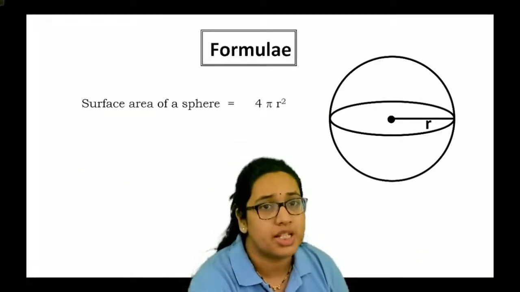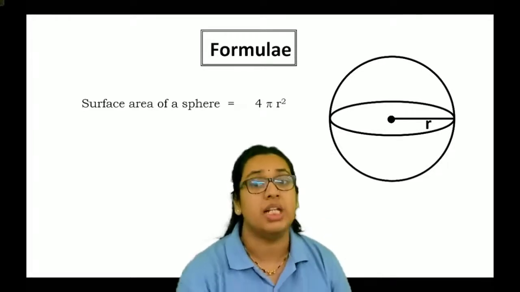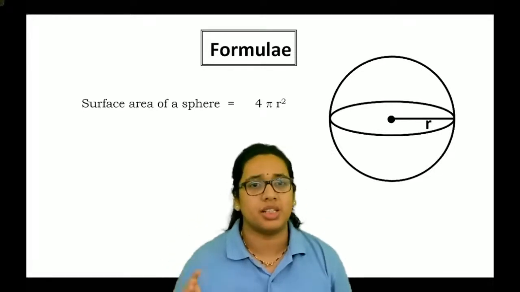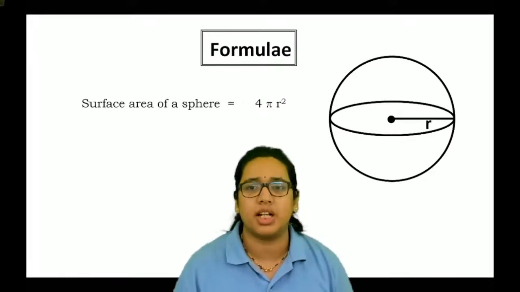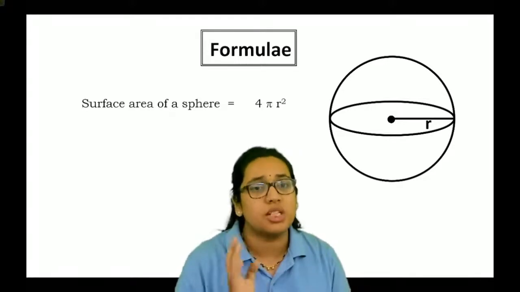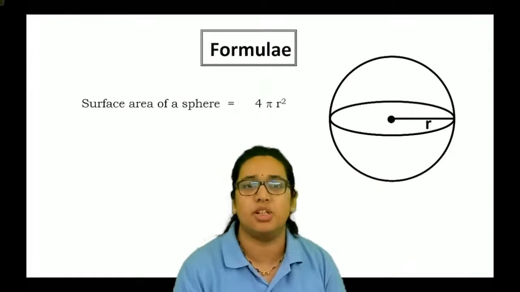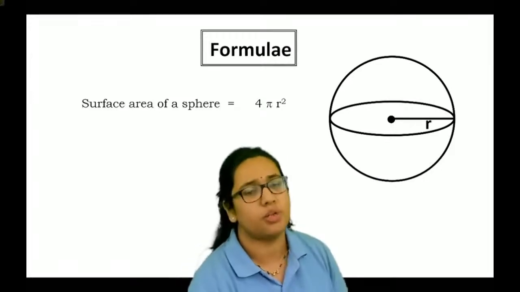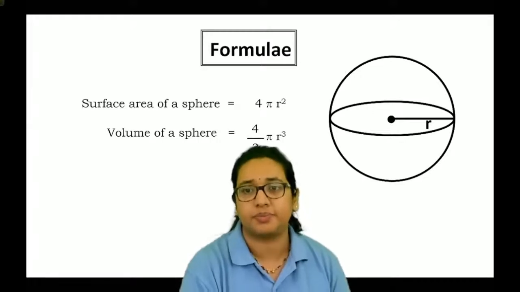So surface area of a sphere is nothing but 4 times pi r square. याद रखने के लिए बहुत ही ज्यादा अच्छा है। मुझे ये आप सिर्फ एरिया ऑफ द सर्कल क्या बोलते हो, एरिया ऑफ द सर्कल आपका रहता है पाई आर स्क्वायर, सो यू जस्ट हैव टू मल्टीप्लाई इट बाय 4। Surface area of the sphere is nothing but 4 times area of circle,